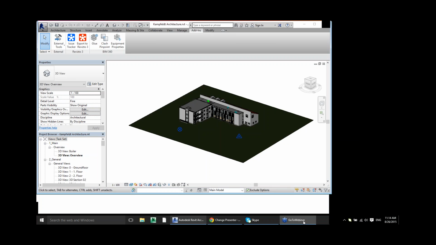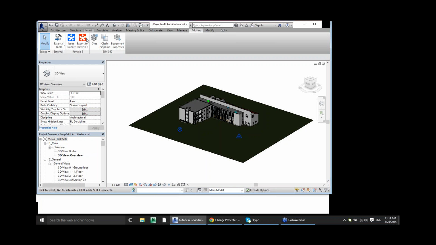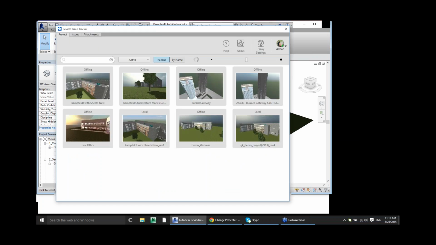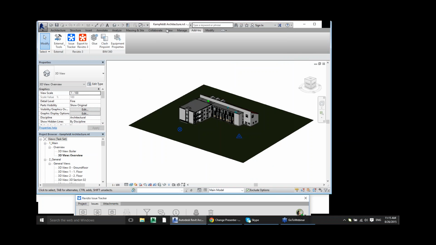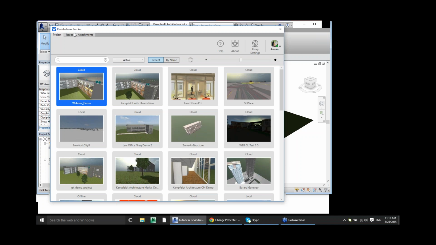All right. So there is a question, what can the issue tracker do inside of Revit? I'm not going to go through the issue tracker because it's a big topic, but in Revit, in Navisworks, you have these two icons. The icon that Dan was talking about is the export icon, but the other is the issue tracker. All your issues made in the viewer, you will see when you open the issue tracker. Here you have the project, so which project you're in, you can correspond if you're in different ones.